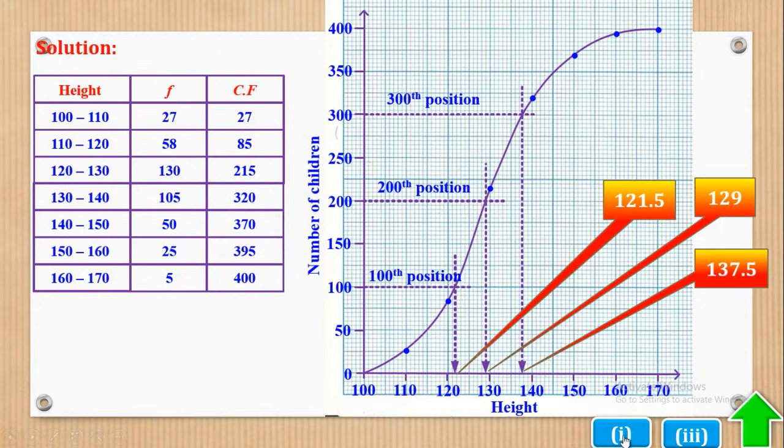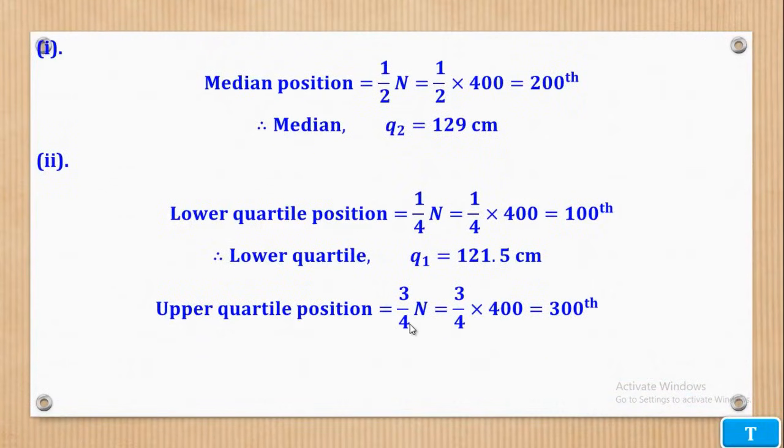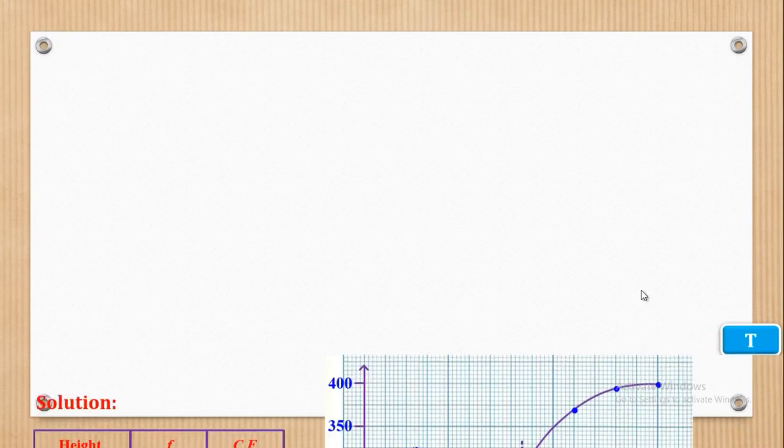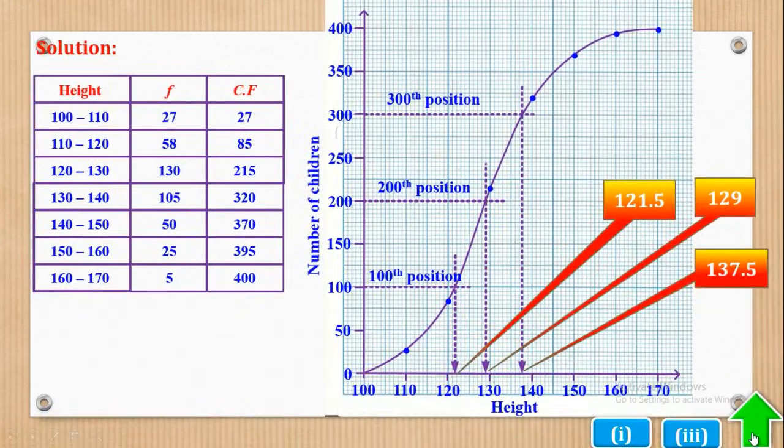Therefore we shall come and say upper quartile is 137.5. Therefore the interquartile range will be the difference between the two, which is 16. Then now we shall go to Roman 3. So Roman 3